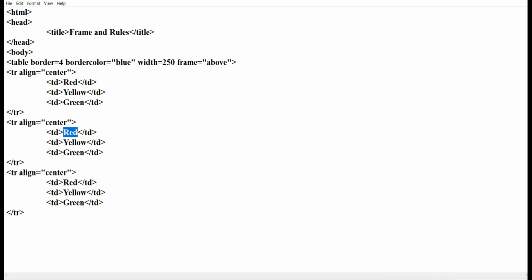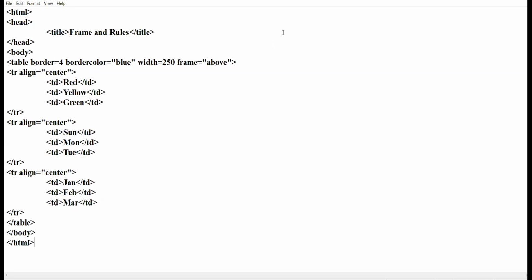Now, in the second row, I'm taking the names of the first 3 days of the week. And in the third row, I am taking the names of the first 3 months. And here I close the table tag. Here I close the body tag. And finally, I close the HTML tag.